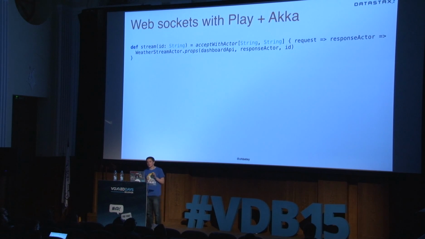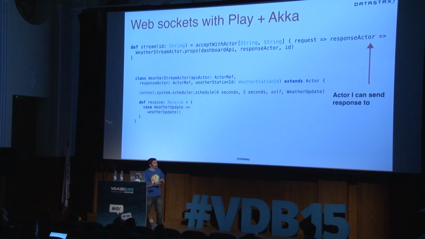If we look at the actor implementation, I'm not going to show you the bit of code which does something, but what it does here is it schedules something to happen every 5 seconds, and then it sends a message to itself. So every 5 seconds, without blocking a thread, it's going to receive one of these messages called a weather update, and then do something about it. What it does is query Cassandra and send the result on. So nothing particularly exciting there. But you can do what you want, and you're not using up a thread in the meantime.